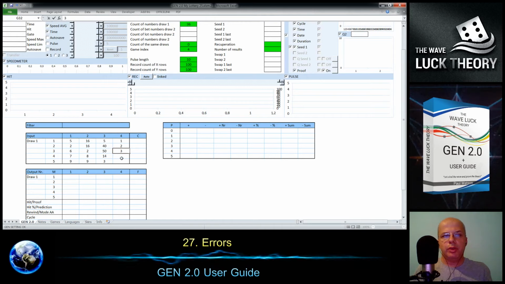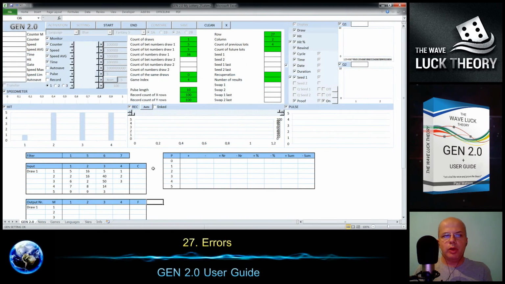Something I leave empty. Then I will make the filter. I put number 5, 6, 7, and now I will try to run it.